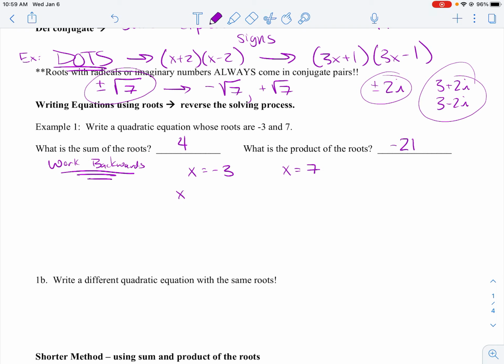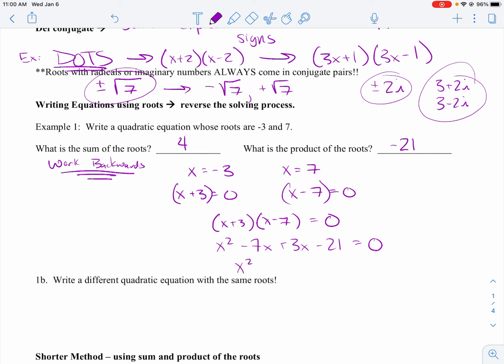Well, x plus 3 is equal to 0 and x minus 7 is equal to 0. Remember, when we're solving quadratics, when you get those two factors at the end, we have to set them equal to 0. Now we're going to take those two factors, continuing to work backwards, and multiply them together. By doing so, I get x squared minus 7x plus 3x minus 21 is equal to 0. And then finally,